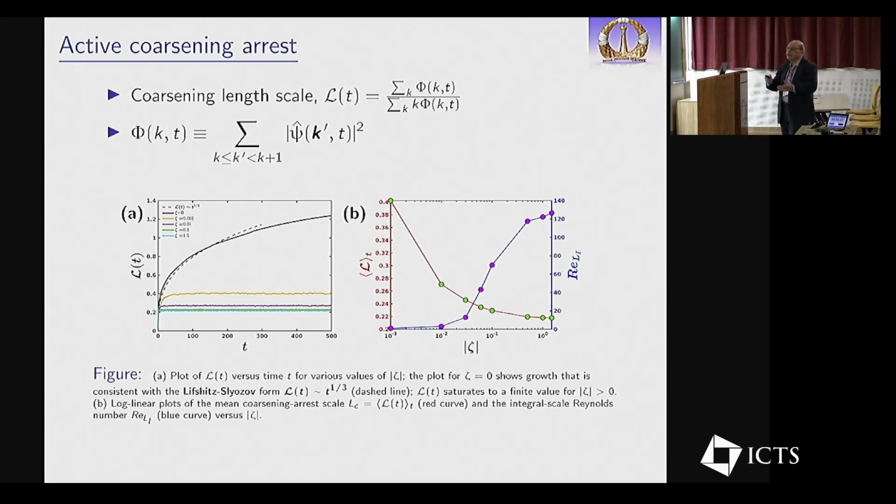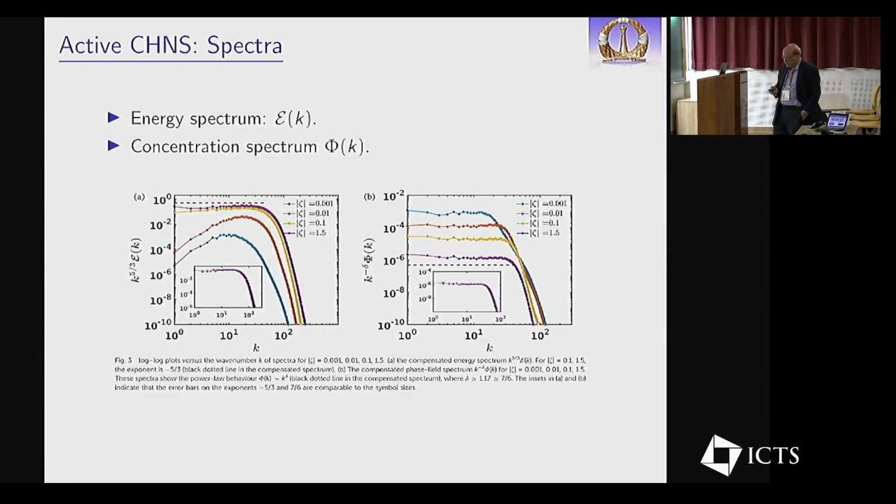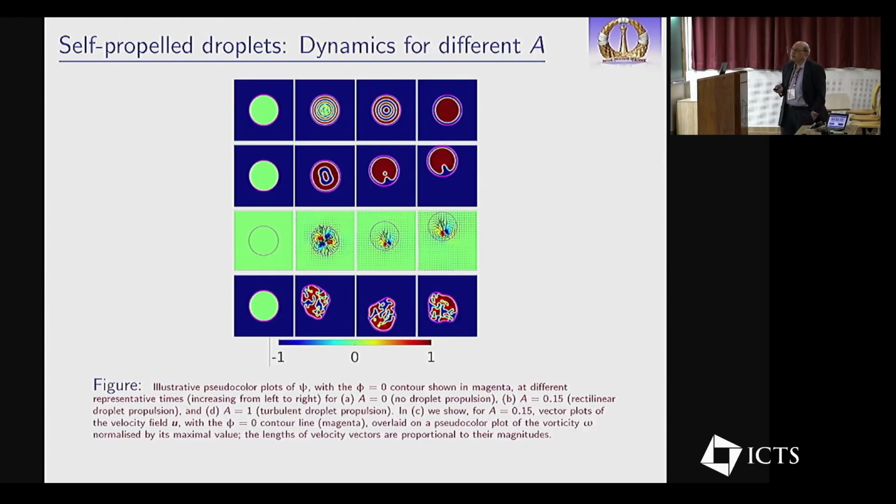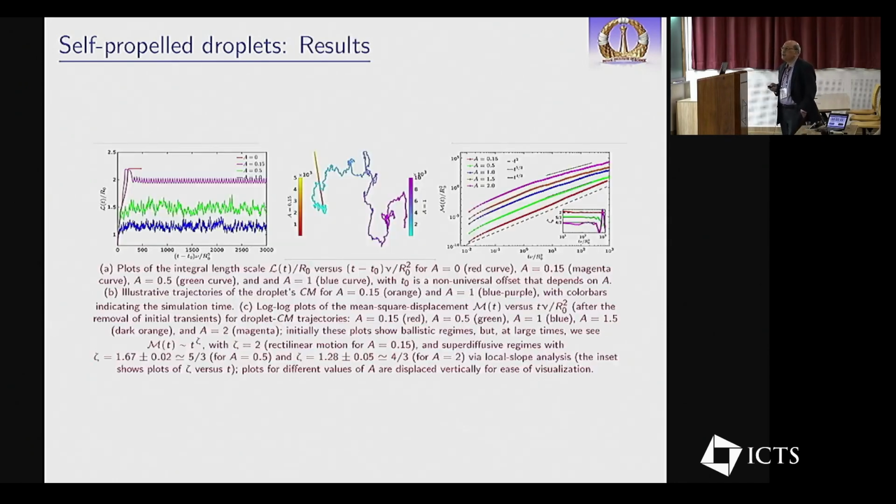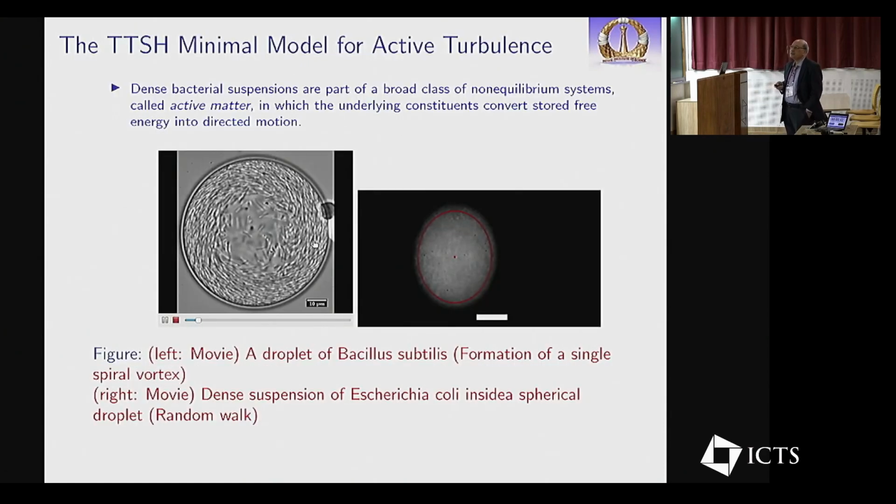Turbulence meaning if you look at the energy spectrum, it is spread out over several decades of wave number. And if you look at the flow, there is vorticity in the flow. That's the good old-fashioned definition of turbulence, spatiotemporal chaos and vorticity in the flow. Okay. Perhaps I will skip this. This is something very interesting. You can get a self-propelled droplet, but let me save that for some other day.